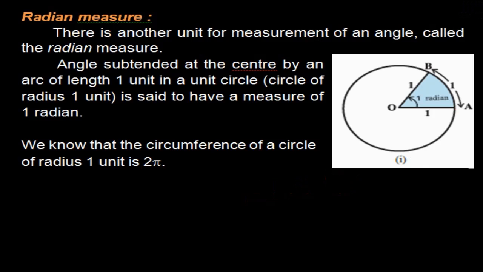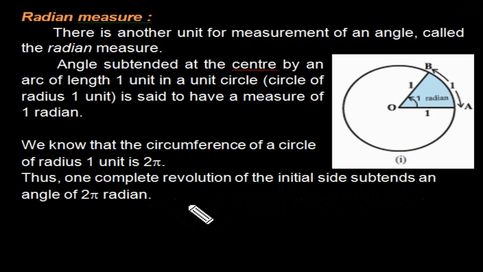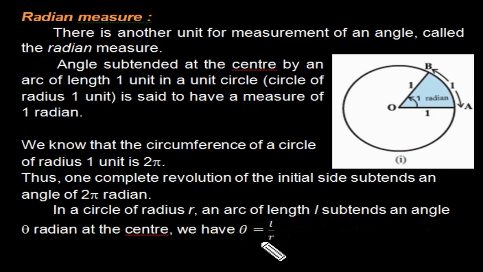This is what I have said now. This is the radian measure formula. So this is what I take as theta. When I divide these two, it will be equal to this. Is it or not? So theta is equal to L by R. Theta is in radians.